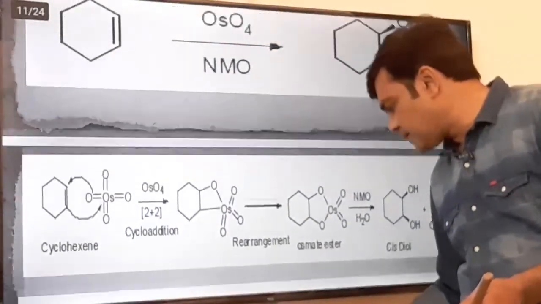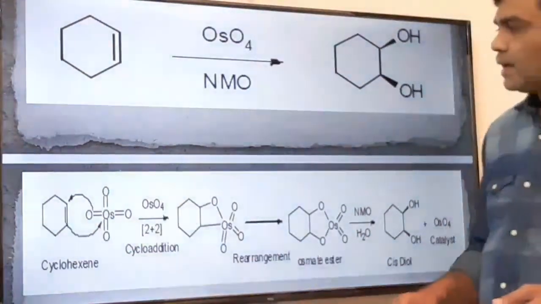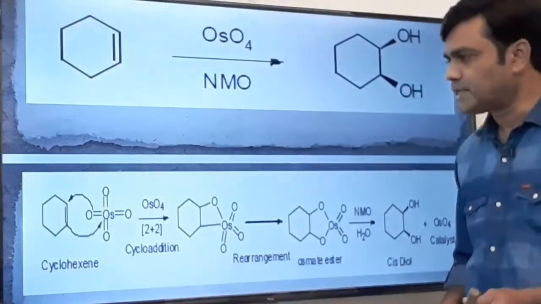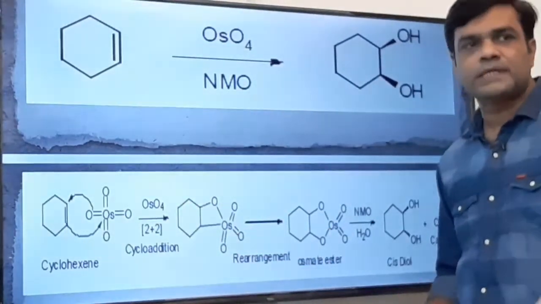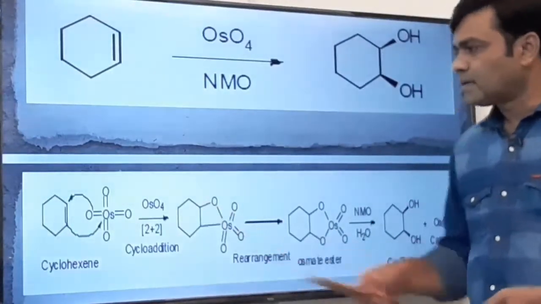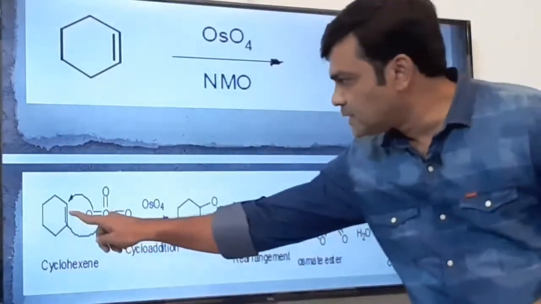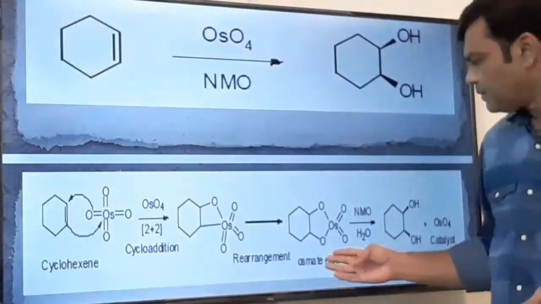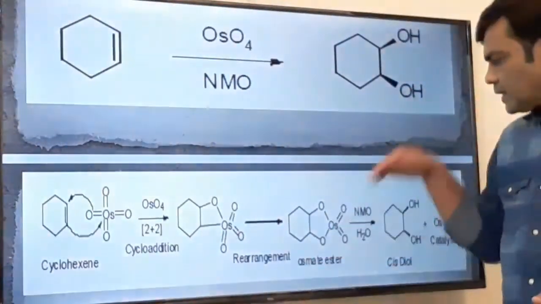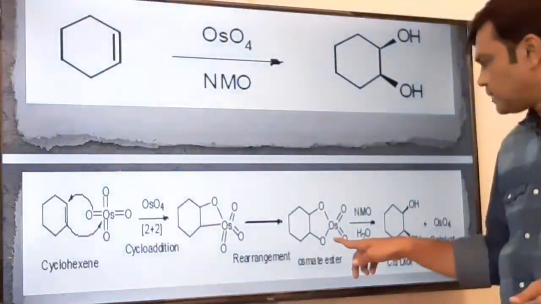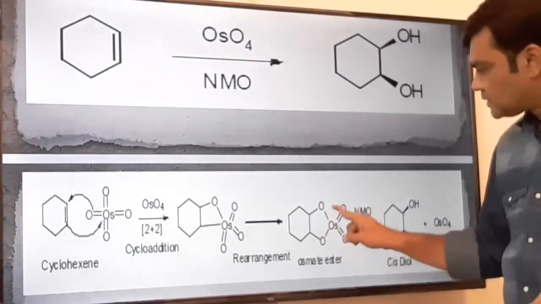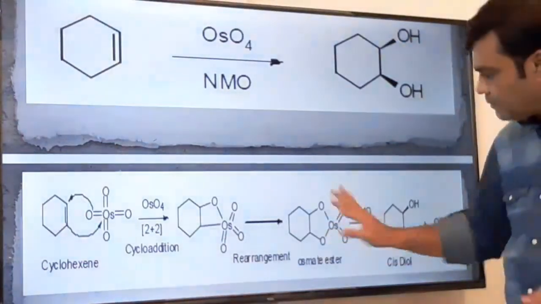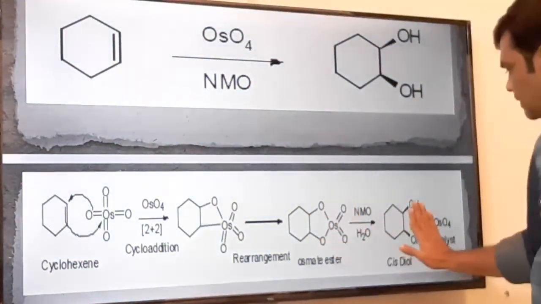Mechanism is again the same as that of potassium permanganate. Here see the osmium, this is the central atom osmium which is in +8 oxidation state because it is attached to 4 oxygen atoms by double bond, and here 2 + 2 cycloaddition takes place. See, this addition takes place 2 + 2, that is a concerted step mechanism, and we get this osmate ester. In case of KMnO4 we get manganese ester, here we get osmate ester, and on hydrolysis this osmium oxygen bond cleavage as well as this osmium oxygen bond cleavage takes place and we get the diol. Which diol? Cis diol is obtained.